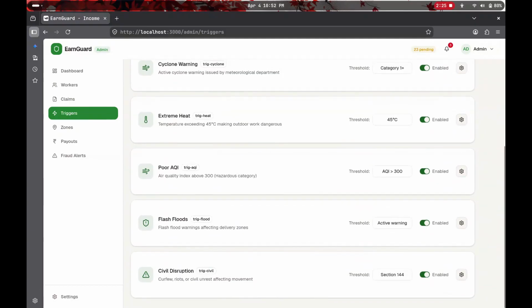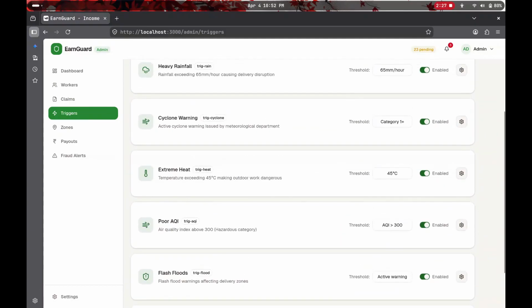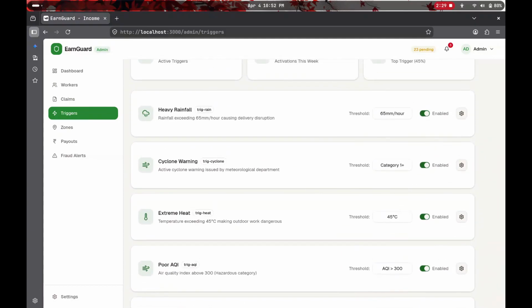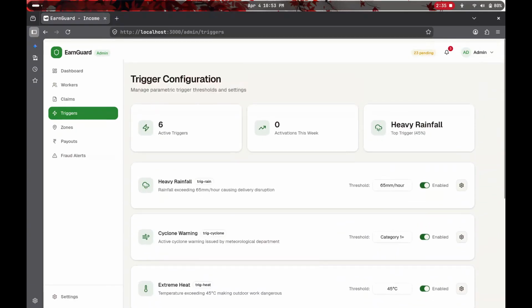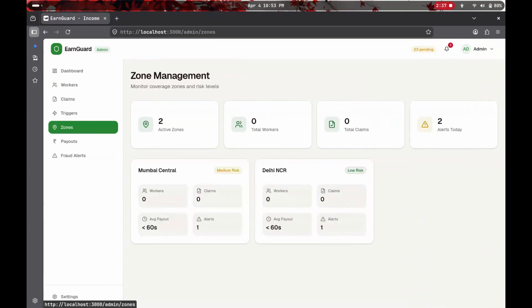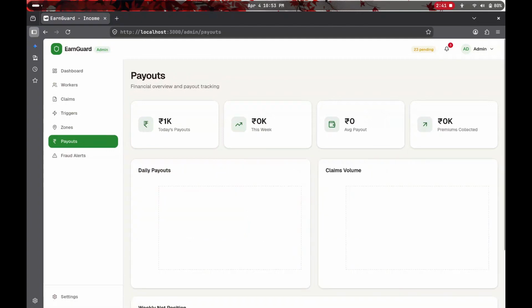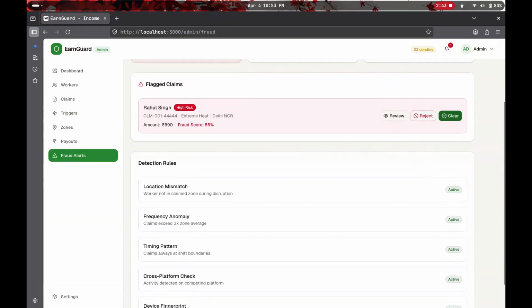So severe disruption, flash floods, poor AQI, extreme heat, cyclone warning, heavy rainfall. All these triggers cause the automatic payout, and we can set the threshold amount for all of these. Similarly, we can set zones, like what all zones the workers are working on, it will show there. Then payout and fraud alerts, it will show like, yeah, so there was a fraud score of 85%